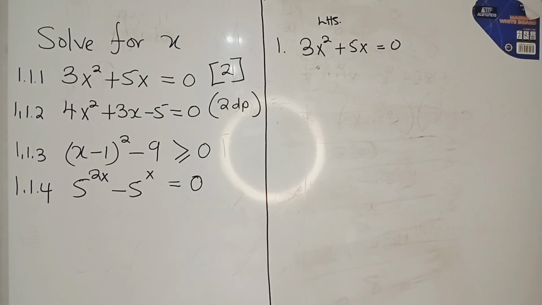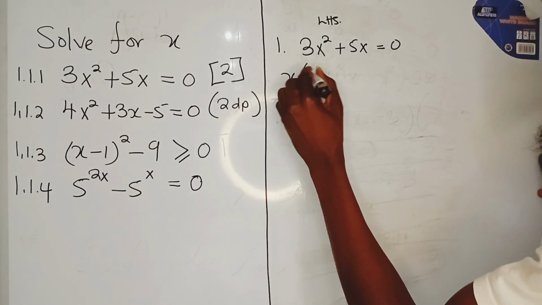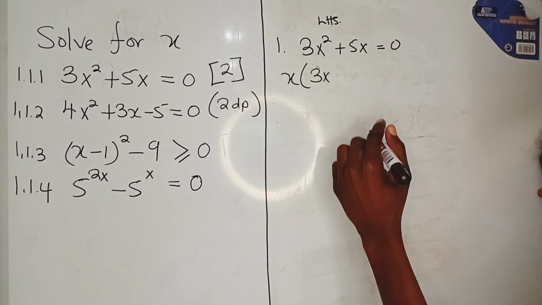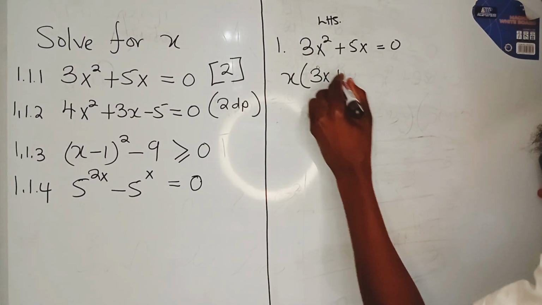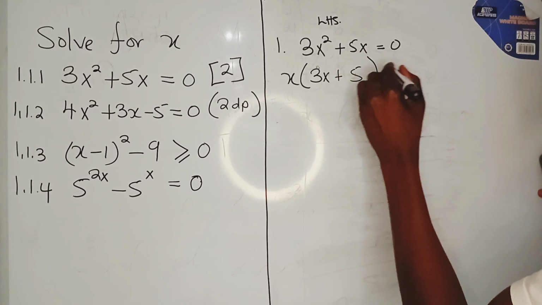And what can we do on the left hand side? We can factorize because we have a common factor among these two terms, which is x. So if we factor out x, we're going to have 3x here because this is 3x squared, then plus here it's 5 because we took out x,